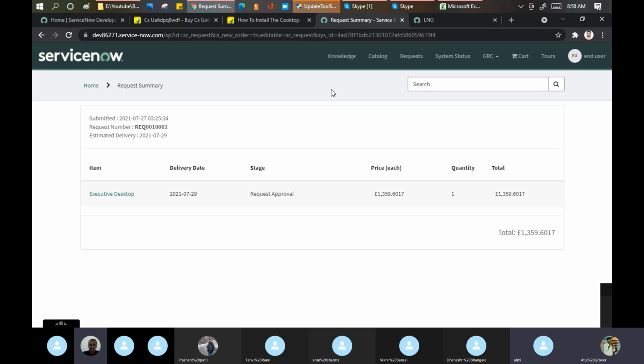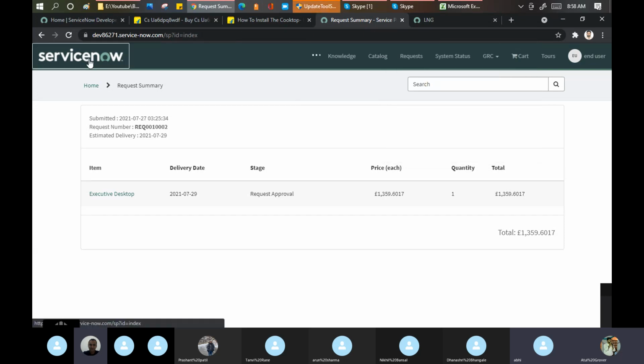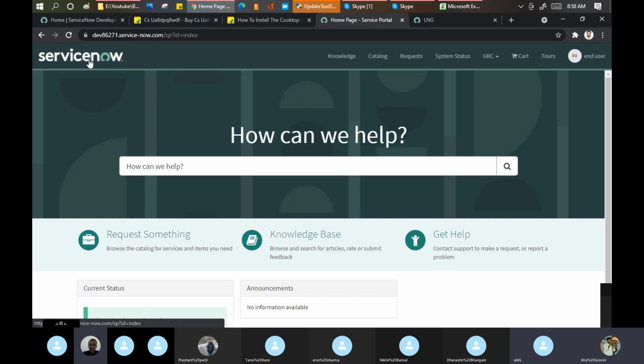Right. Okay. Now, if I come to here, we have an option called the cart as well. As of now I don't have anything in the cart, so it's showing me the empty cart. Let's come to this part. Yes, this is my service portal homepage.